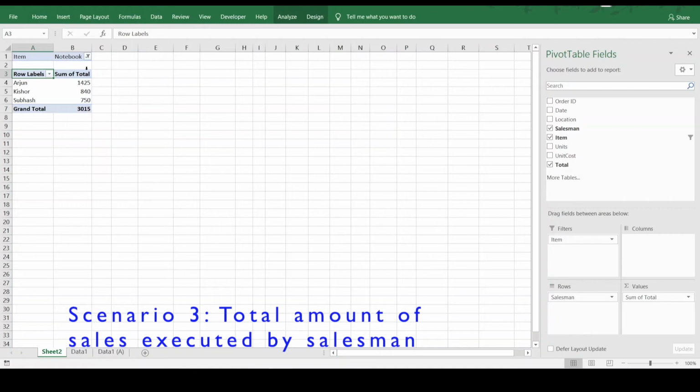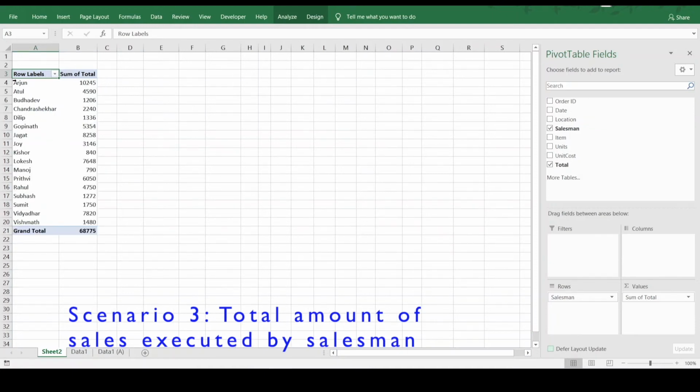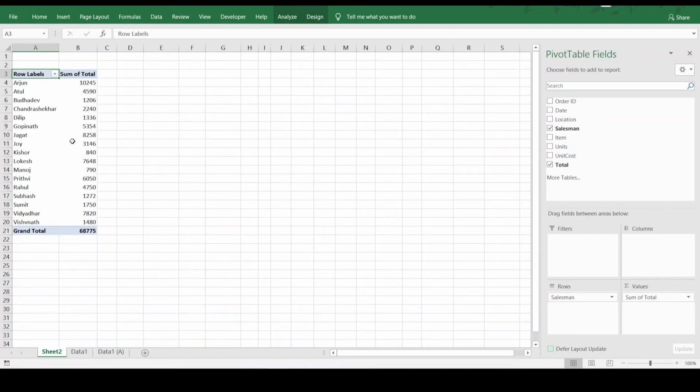But we are not interested in notebook only, we are interested in all the orders. So in that case we'll just remove this filter, and you'll see that all the salesmen and the amount of sales they have done is displayed in this pivot table. So this way, as you see, we have considered three different scenarios and modified our pivot table on the basis of that. This is the way we create the pivot tables, and these pivot tables were created on a